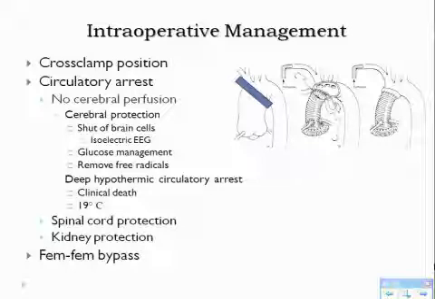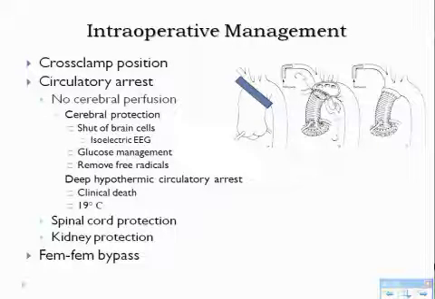And so a lot of us will give mannitol right before we go on to cerebral arrest. We usually give high doses, usually 2 grams of mannitol, to make sure that there's plenty of mannitol around to be a free radical scavenger to soak up some of the free radicals that the brain's going to produce. Then we do what's called deep hypothermic circulatory arrest, which means we put the patient into a